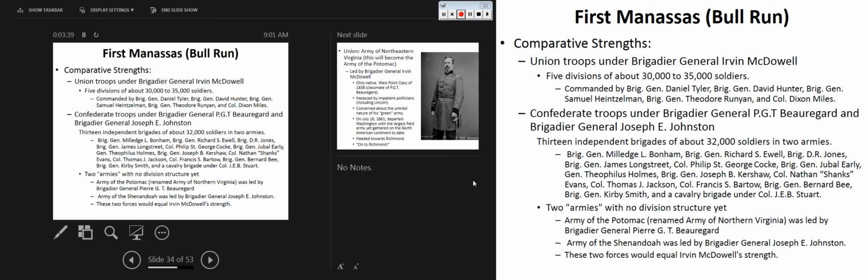So this just kind of shows you there's a little bit more organization in Union command at the start of the war, whereas the Confederate troops are under the leadership of General P.G.T. Beauregard, who we talked about from Fort Sumter, and another army under the command of Brigadier General Joseph E. Johnston. Now, keep in mind that Johnston is at Harper's Ferry, Beauregard's outside of D.C., and the purpose for the movement on